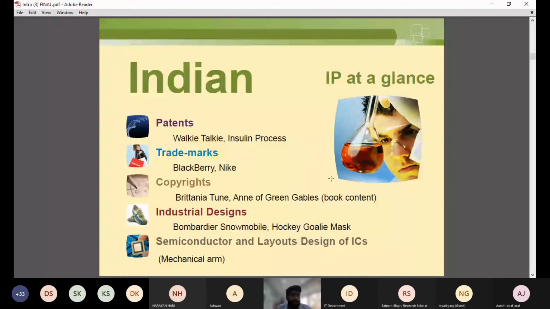So patent, many of us might have already heard about this term. So what is a patent? Patent is just a legal certificate, just like you have an RC for your vehicle, right? Which states that this vehicle belongs to you. Just like you have an invoice for your mobile phone, which states that you are the owner of this mobile phone. In a similar way, patent is a legal certificate which will give you exclusive right for your technology.